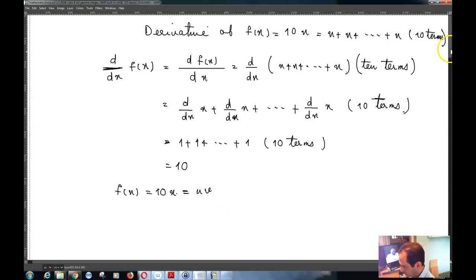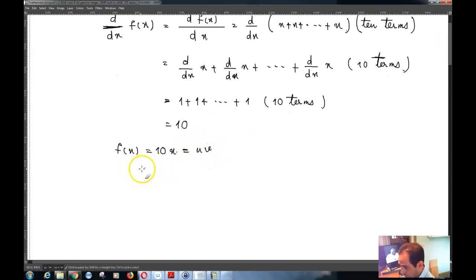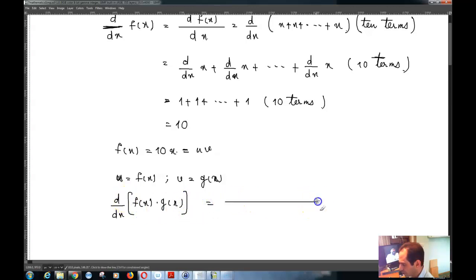Now we said that u was equal to f of x, and if v is equal to g of x, for example, then of course we said that d by dx of f of x times g of x is the same thing as f prime of x times g of x, minus